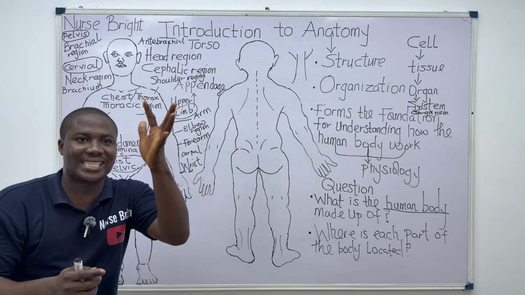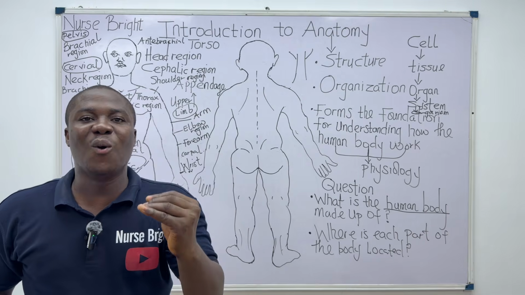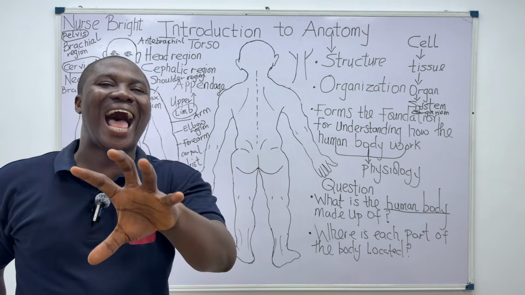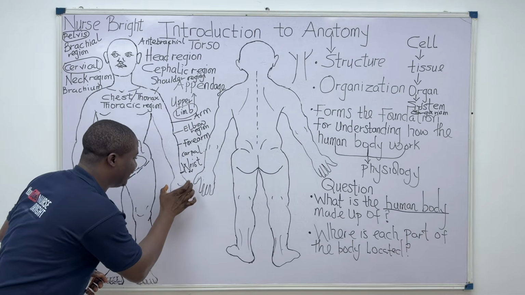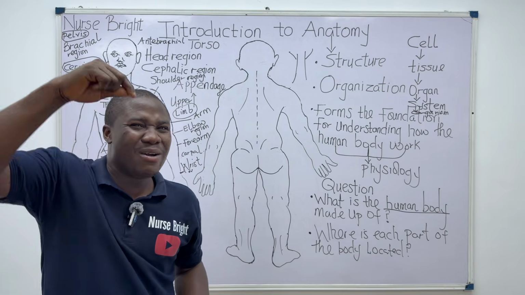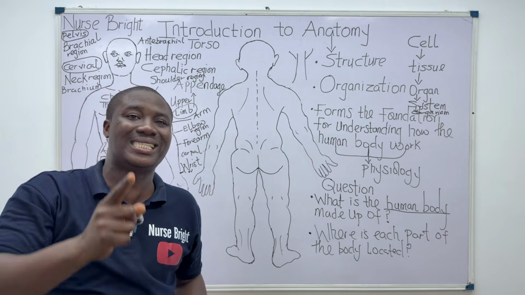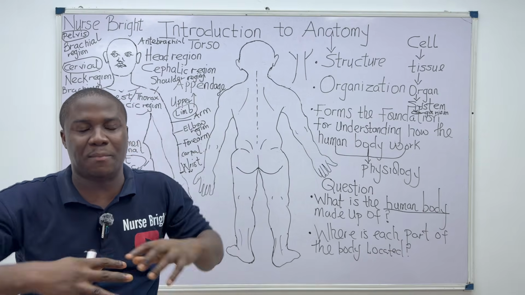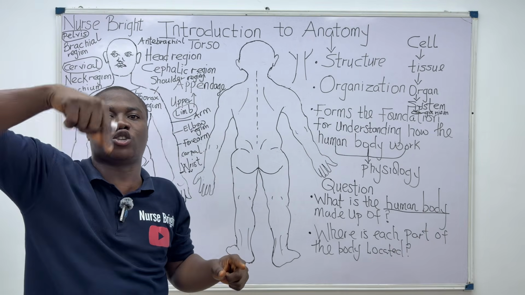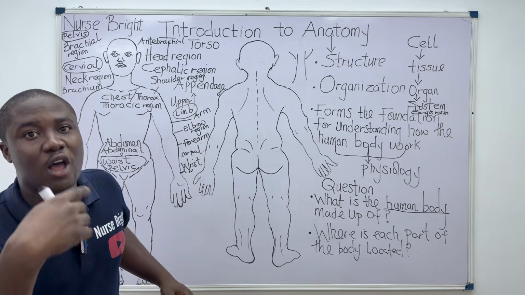Now, moving further, what about this part? They call it digits or fingers, or the phalangeal region or phalanges. So these are your digits or your fingers. We are using the right anatomical terms. These things are essential because they talk about the basic introduction to this course called anatomy.